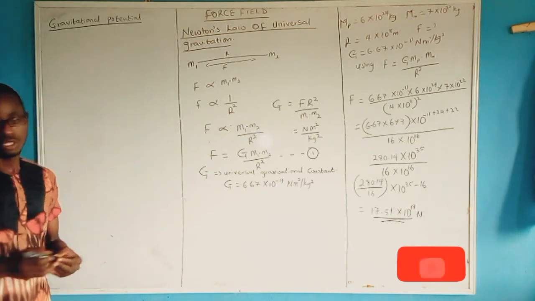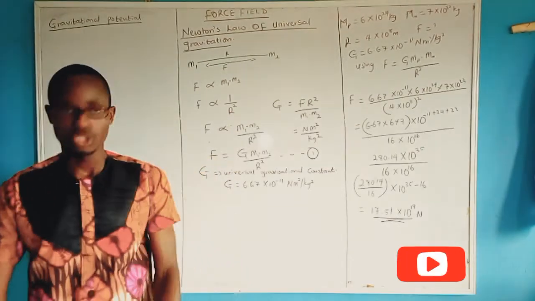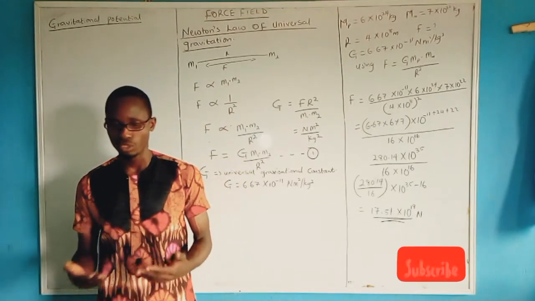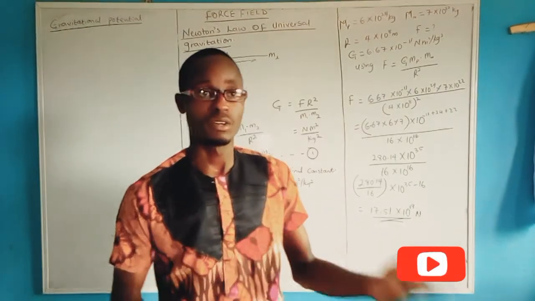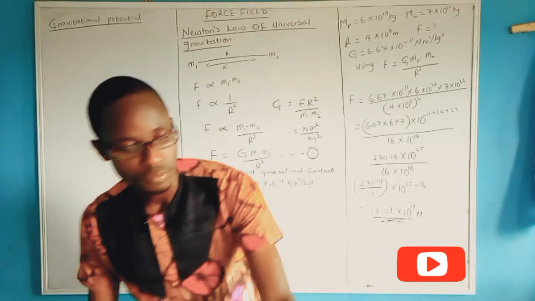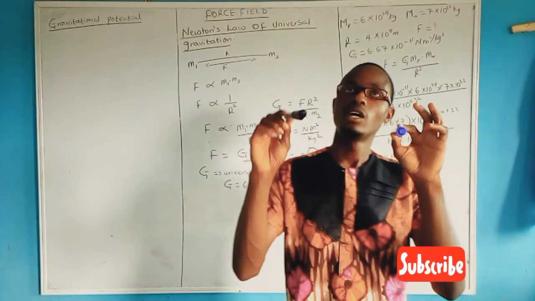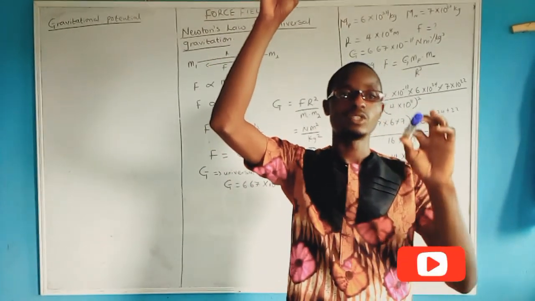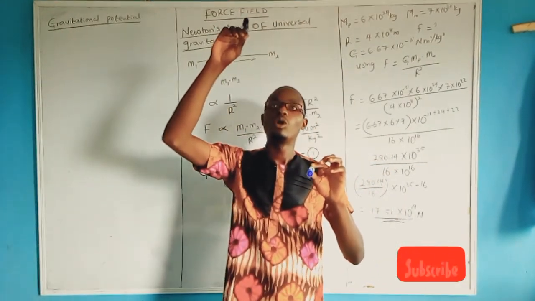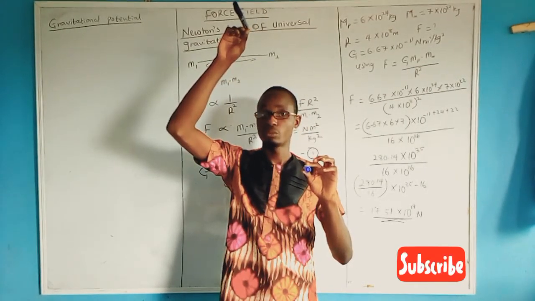When we talk about gravitational potential, we are emphasizing, okay, let me give an explanation. It is said that it is the work done in moving a body from one point to another in a gravitational field. If I am holding these two markers, this one is at this distance, and this one is a little bit lower than this, as you can see. Now,